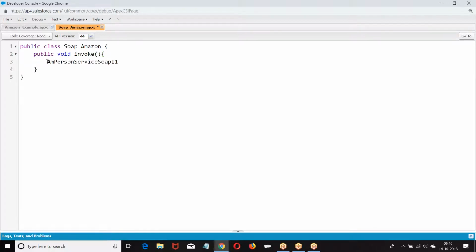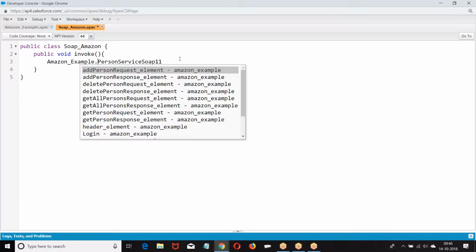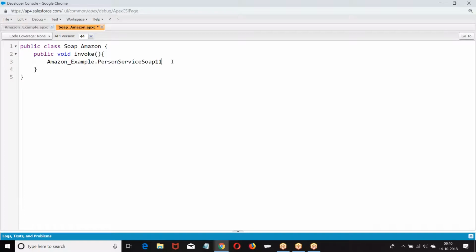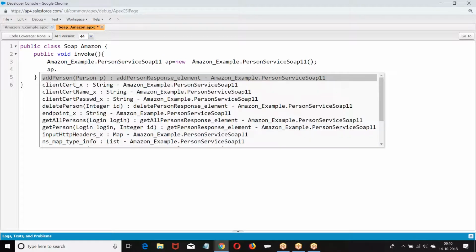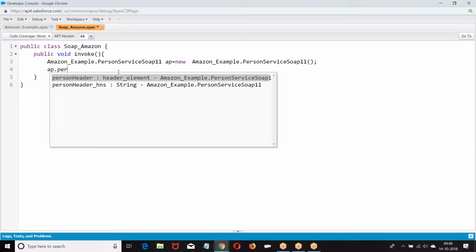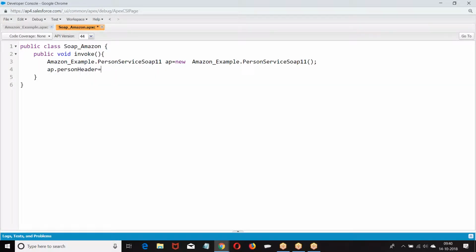Amazon example dot outer class dot inner class. In the inner class we have AP dot person header equal to new Amazon dot.